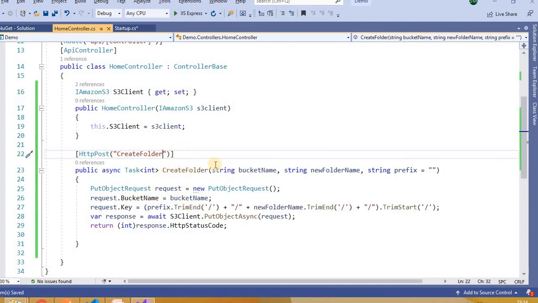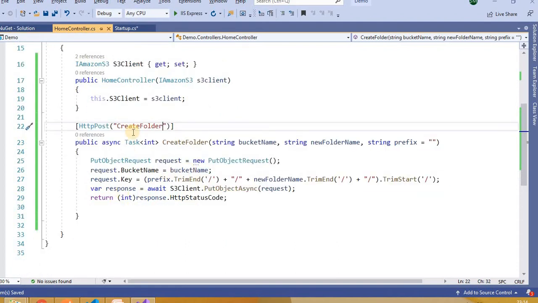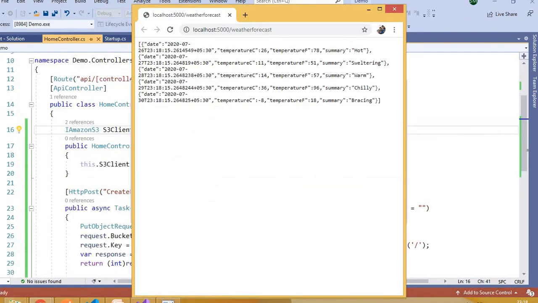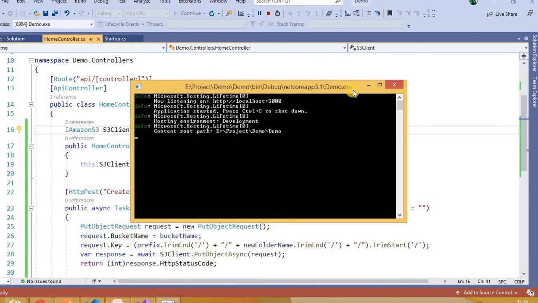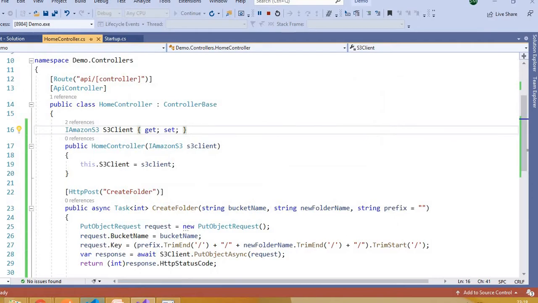Now let's try it, is it working or not? Just run the application. Now our application is running on port 5000. Let's open Postman here.